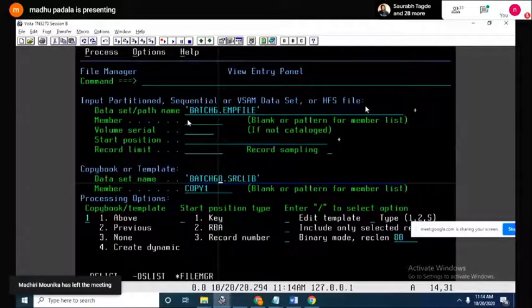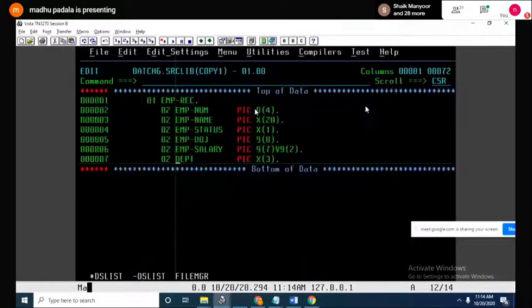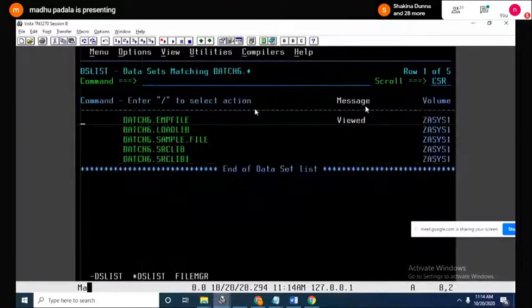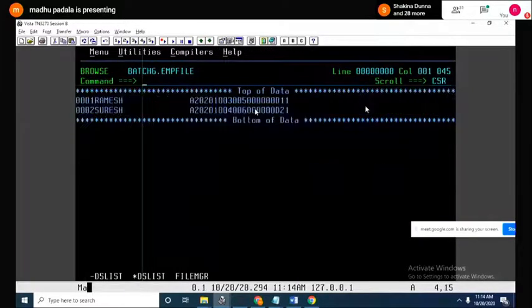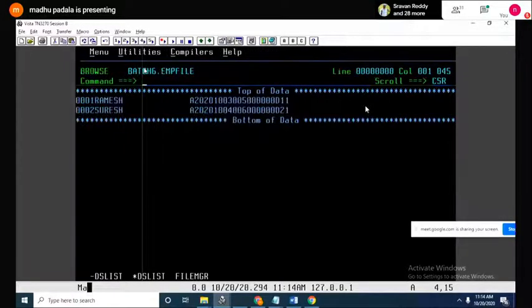Where is the layout? This is my file. See that. I want to see my file using this layout. Correct or not? Yes, sir. I want to see my file using its layout.